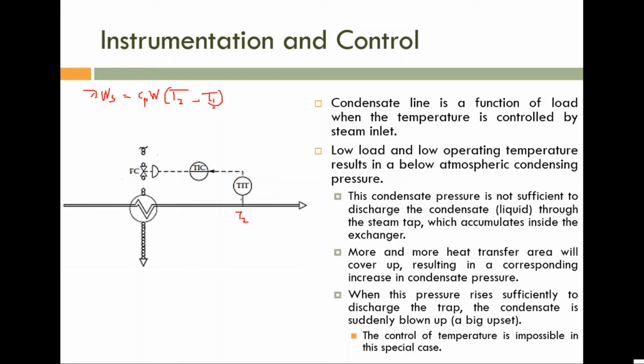Out of these 4 process variables, T2 is the controlled variable. So can we manipulate T2? Here in this particular situation, we cannot. In some situations, we can manipulate the same controlled variable, but here that is not possible. Can we manipulate T1? Not possible. So the choice is either W or Ws.